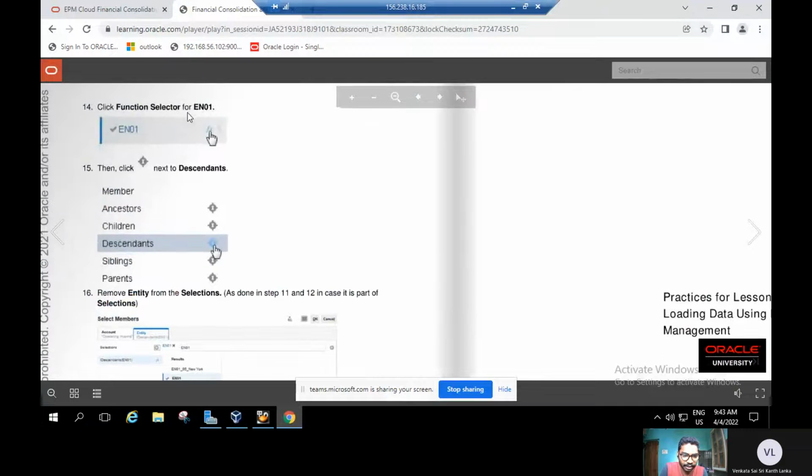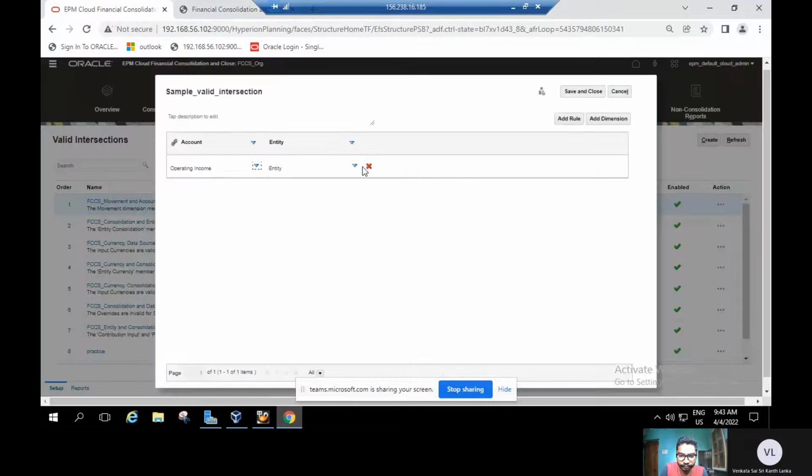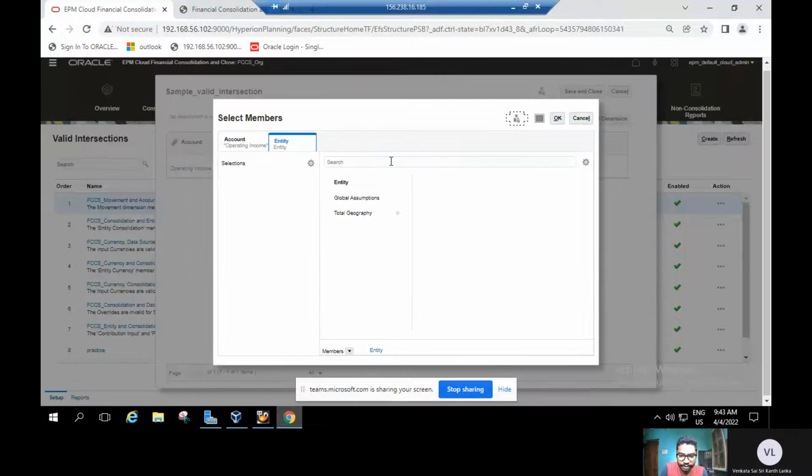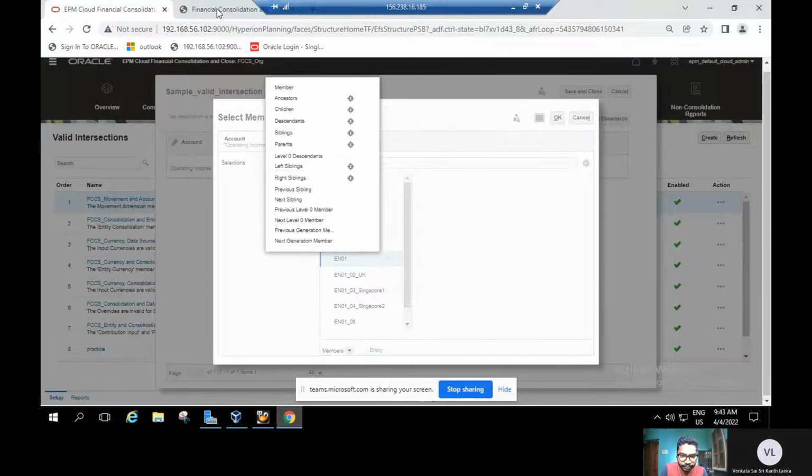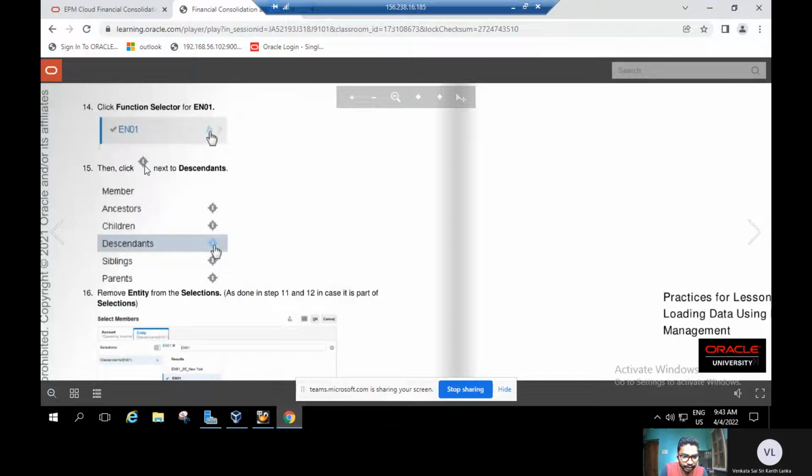Now click on the functionality selector for EN01. Now going to application, here is the down arrow. Click and edit and search for EN01. Click enter. Here is the EN01, and click on the functionality selector FX. After that, click including next to the descendants